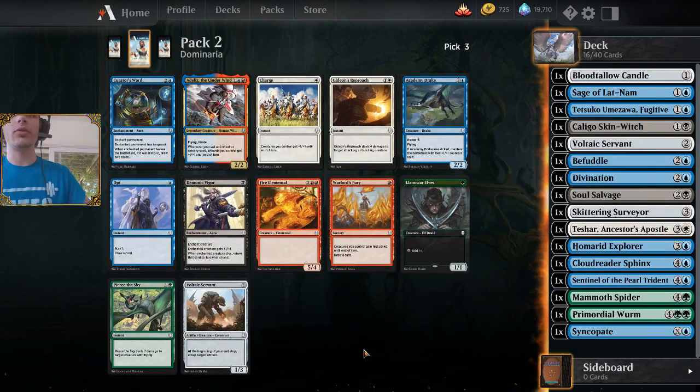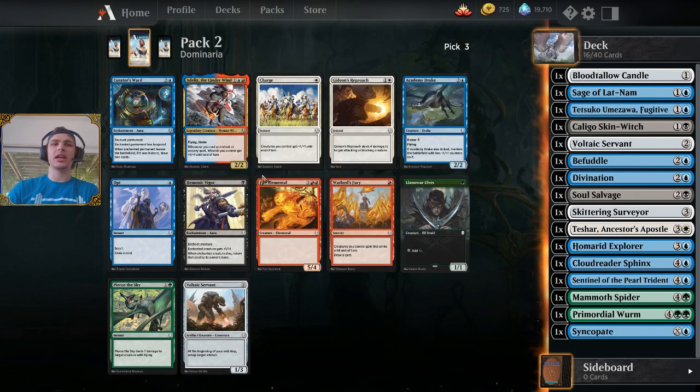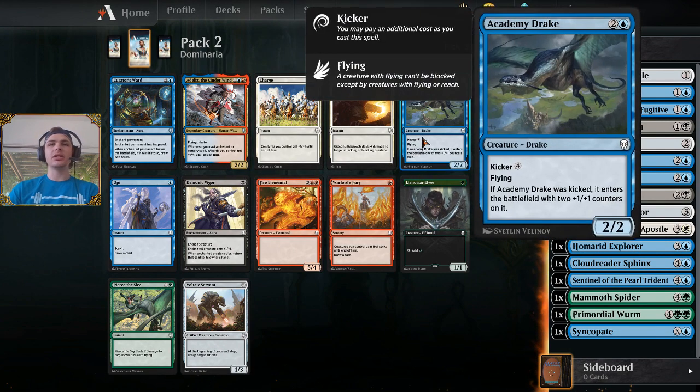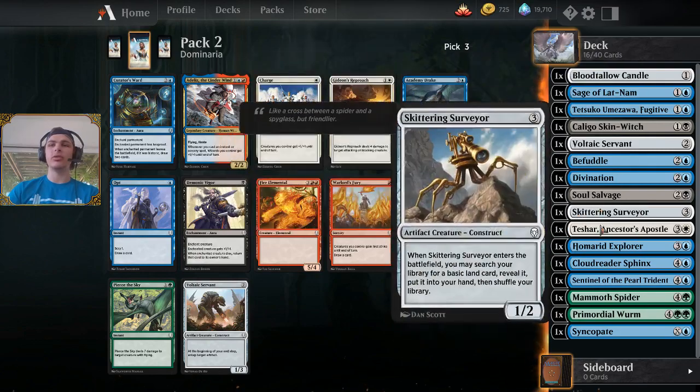Okay, so now we're seeing more red-blue cards. Adeliz the Cinderwind is quite nice in a Wizards deck, but we aren't really in that direction. I think this pick is a pretty clear Academy Drake, maybe a Llanowar Elves if I'm feeling particularly risky, but I don't think there's any reason to move out of just taking all the blue cards I see and keeping